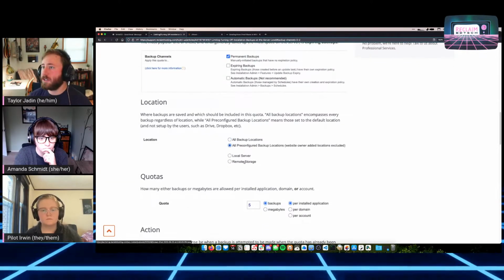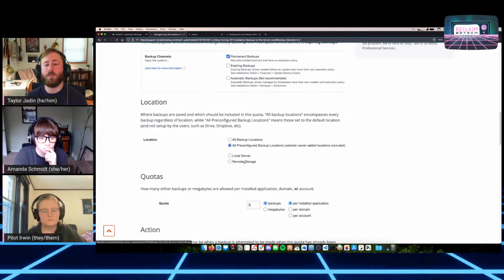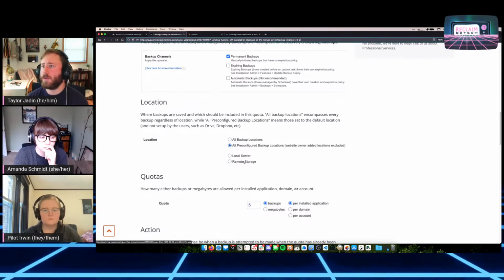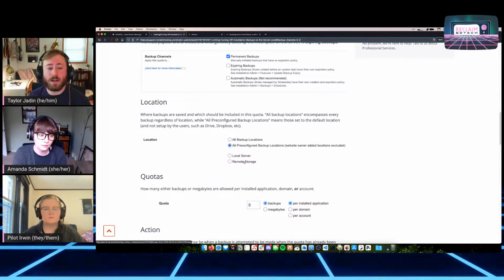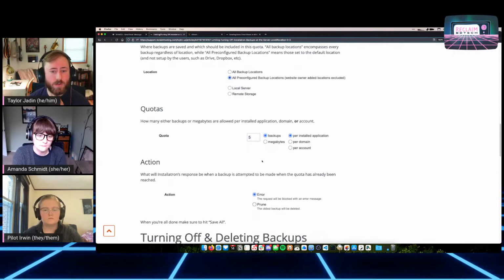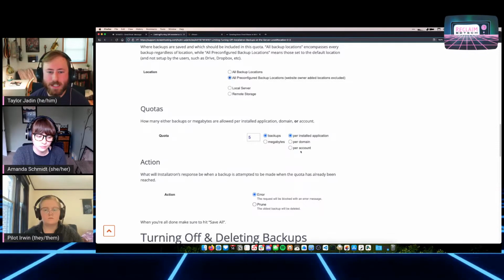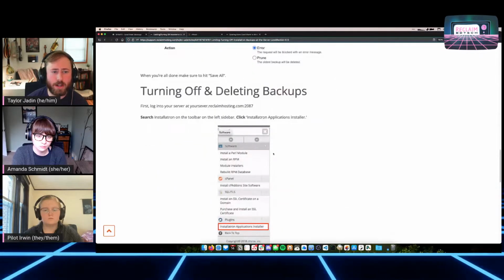different locations for backups. So like I said, by default they're stored in the user's account, but if you wanted to, you could set up an S3 bucket for things to get stored into, and then that wouldn't take up space in their account. You can also change the quota to have storage limitations, and even just turning off